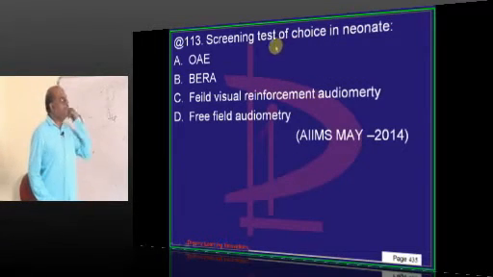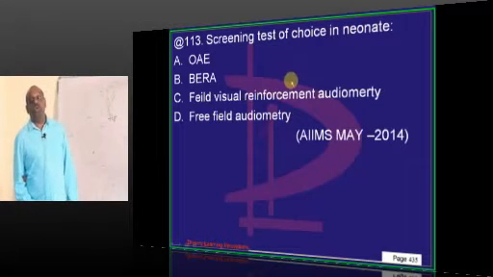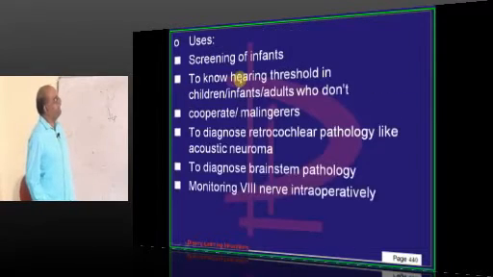In neonates, for the hearing, what is the screening test of choice? Otoacoustic emissions. You also have a choice of answering BERA. BERA also is used for screening, but otoacoustic emissions are a much more precise answer. Then